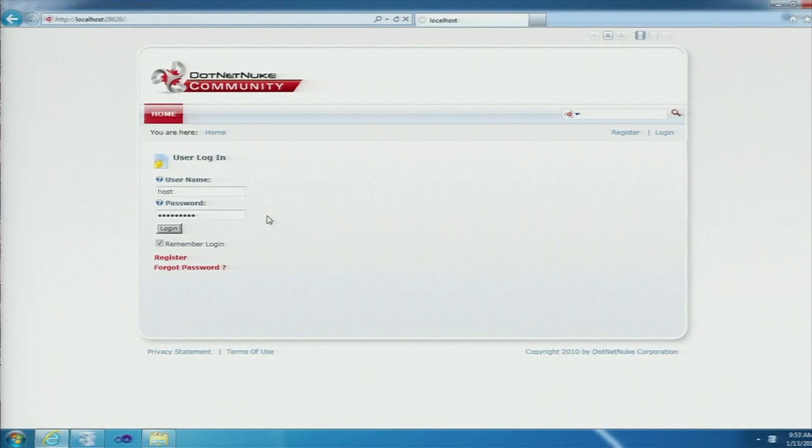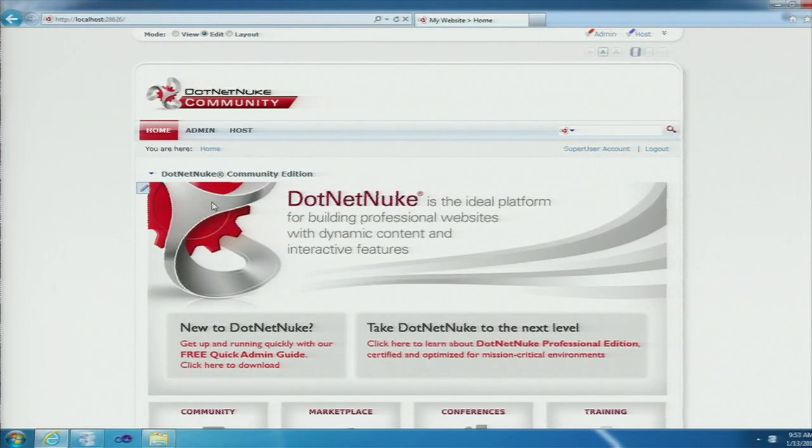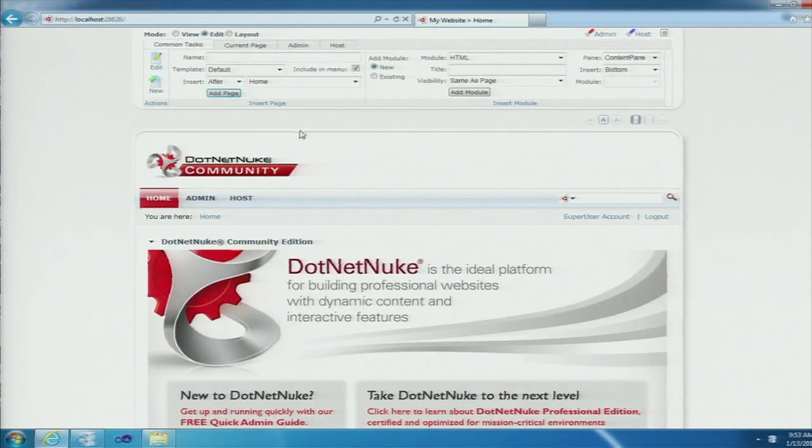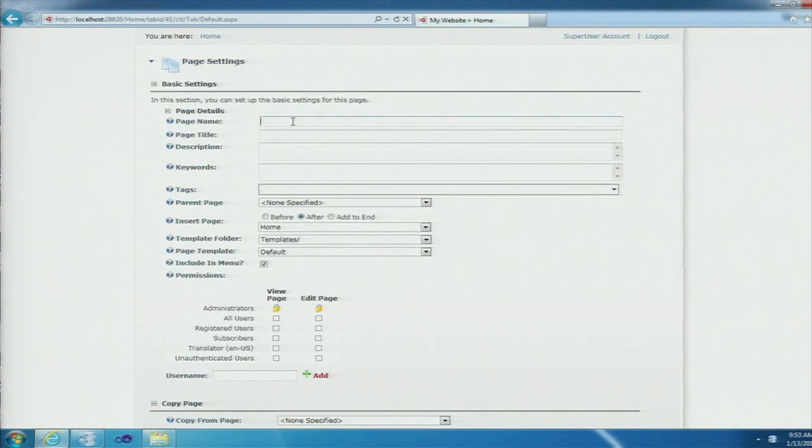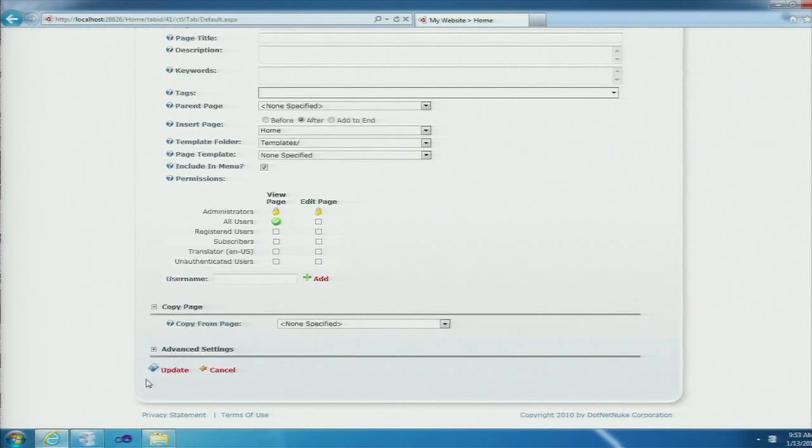So .NET Nuke is a composite web application. What that means is at runtime, module output is assembled to create a complete page, and then that output is shipped down to the web browser. Traditionally, modules in .NET Nuke have been created using standard ASP.NET user controls. With the emergence of Razor, it actually creates a new capability in .NET Nuke that we can allow people to create modules using Razor syntax. And we're going to demonstrate a couple different ways that we can do that today, which I hope you find interesting.